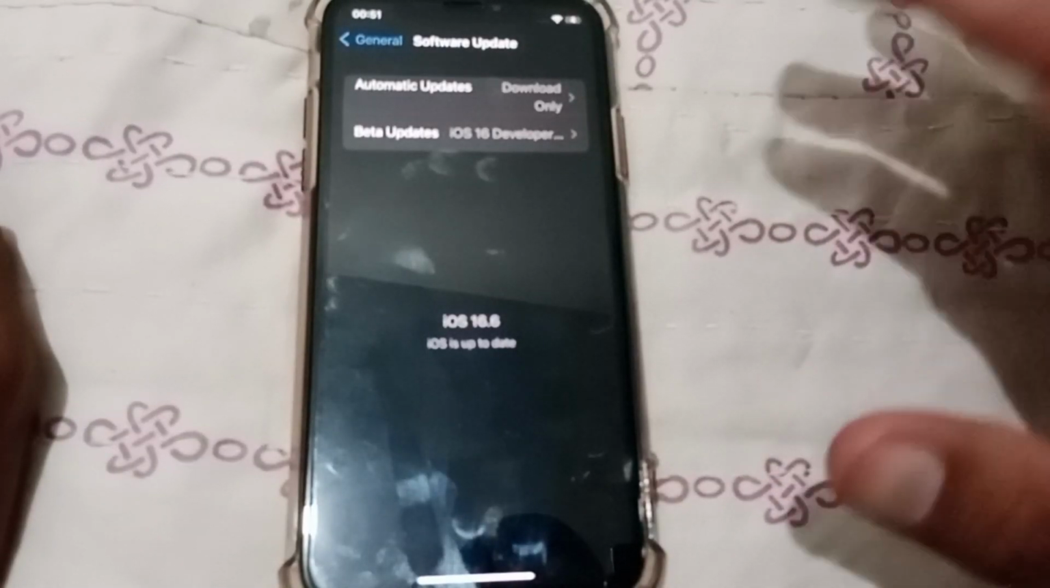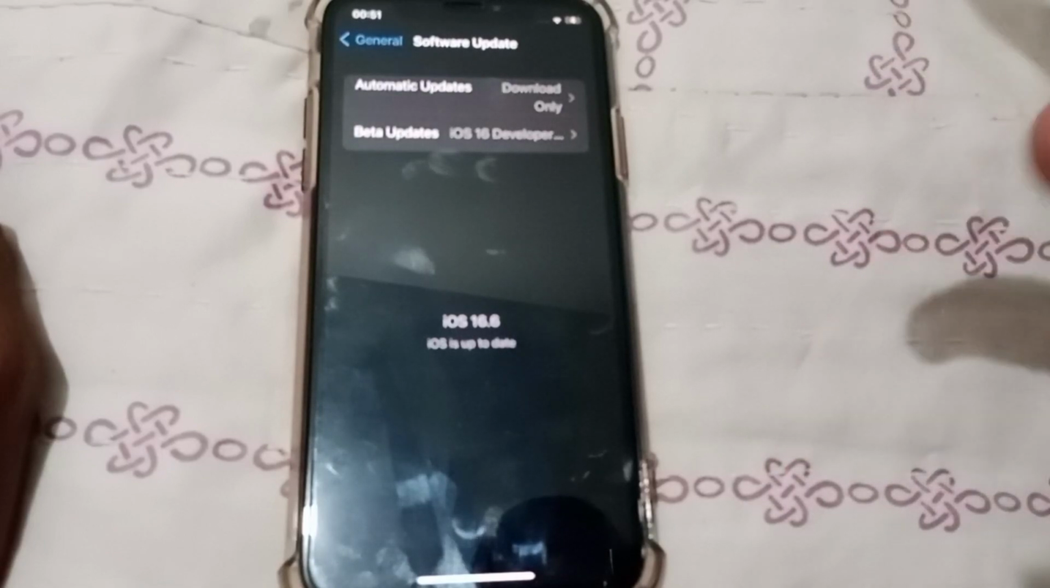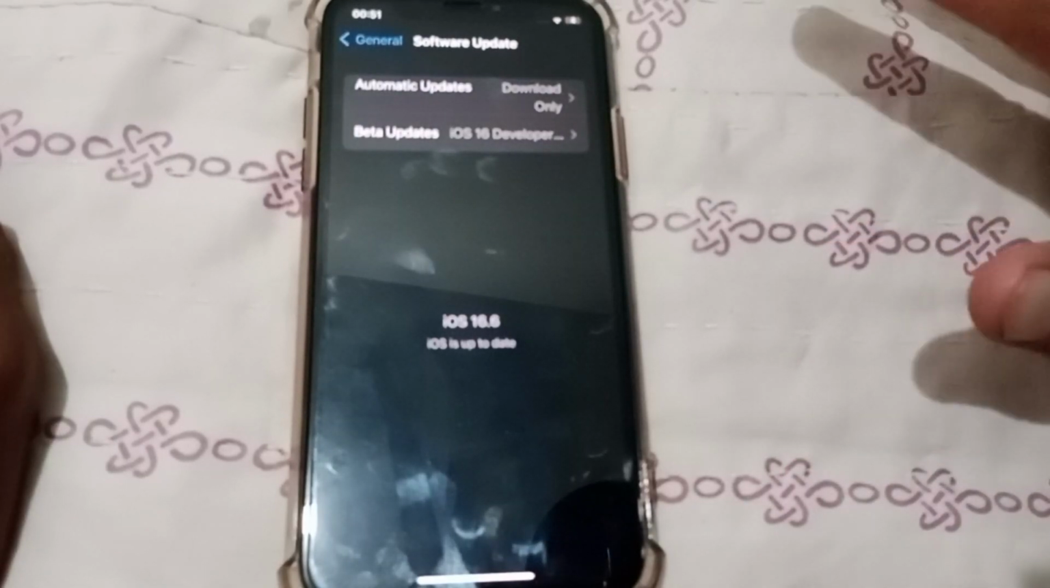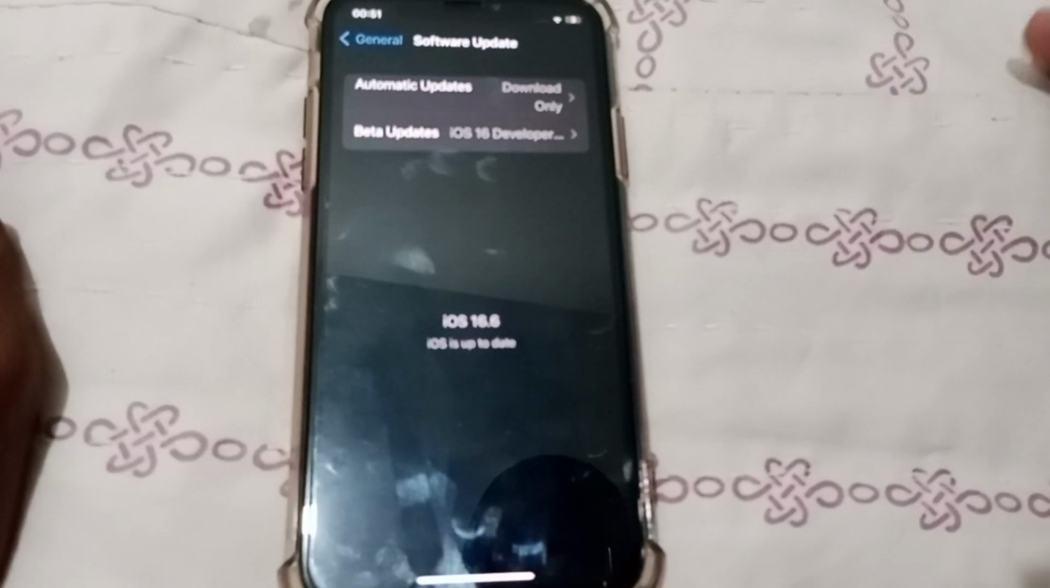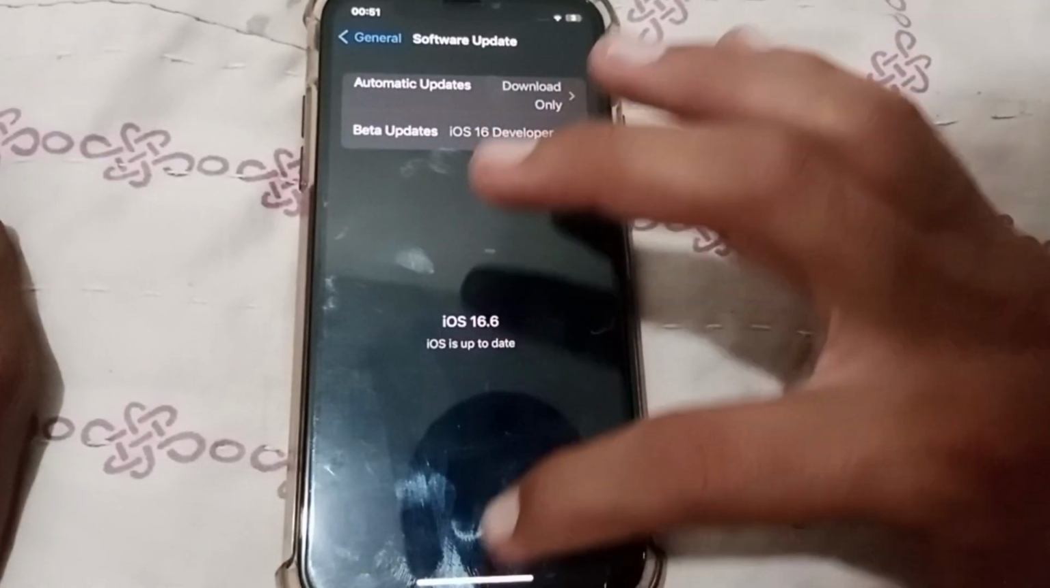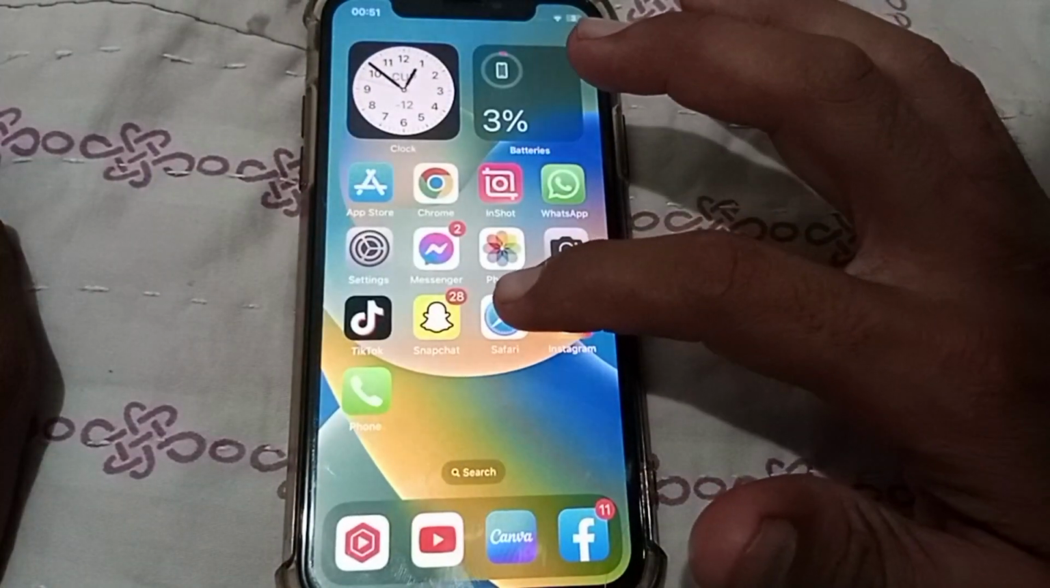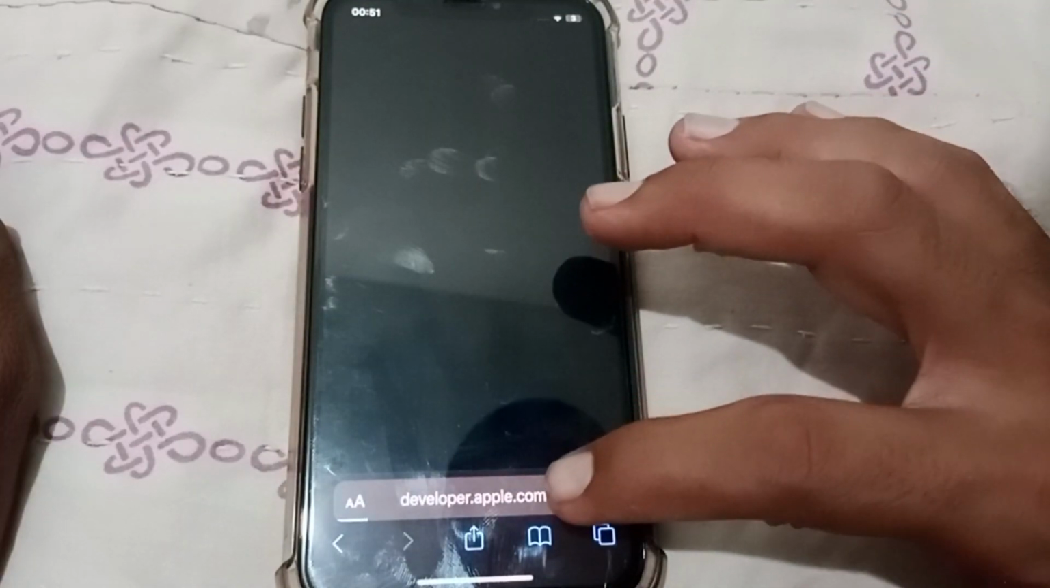It means iOS 17 is not releasing right now, because the date is changed. So iOS 17 will be releasing on 6th of June at 9 p.m. So guys, after 9 p.m. you have to open Safari browser if you want to download the